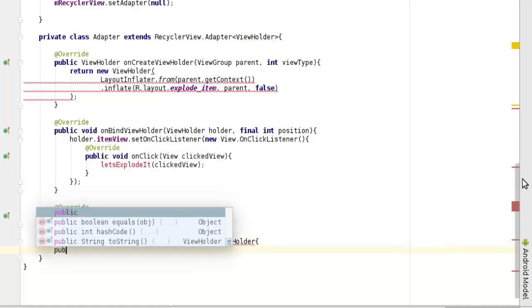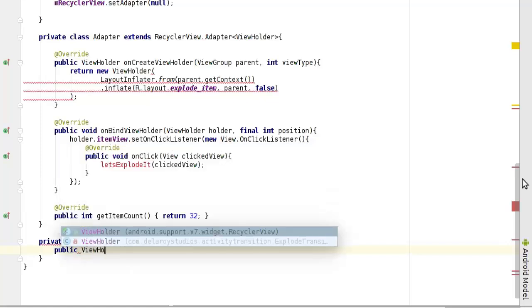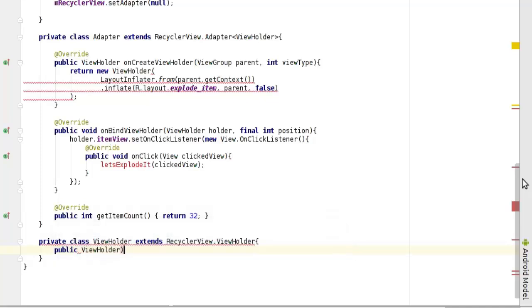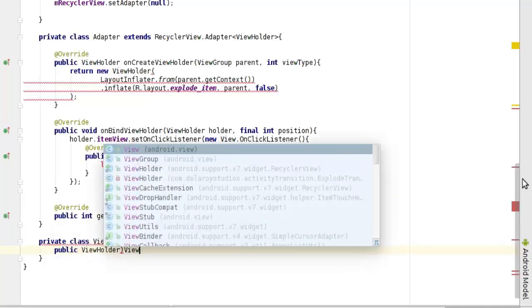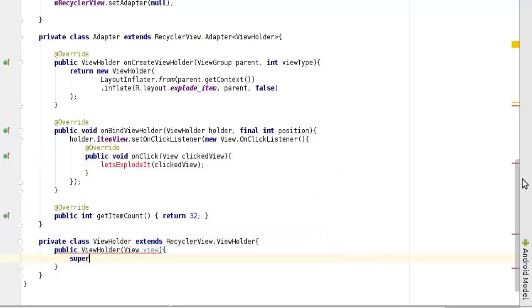Call the public view order view and I have the view closing one. Now we need the super